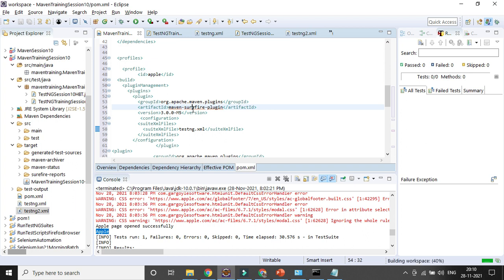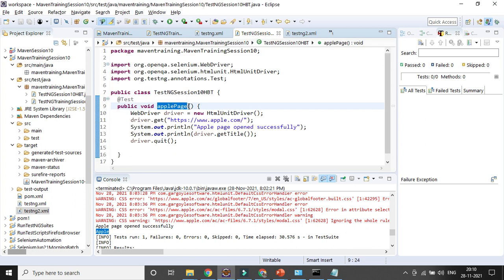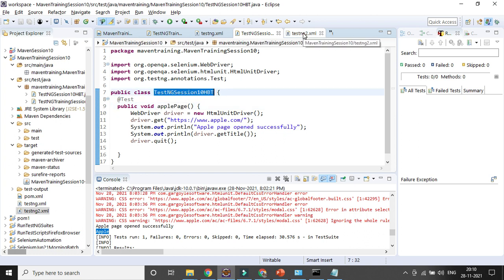Then how can you run your project based on the profile? Suppose I want to run only the Apple page method. That class is already associated in my testng.xml file, right?